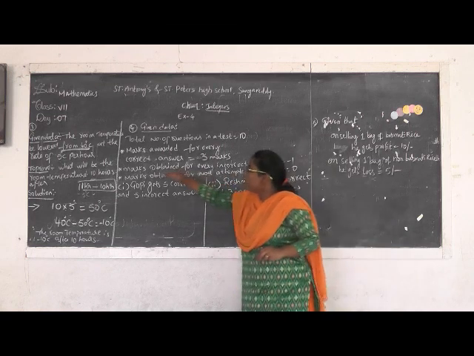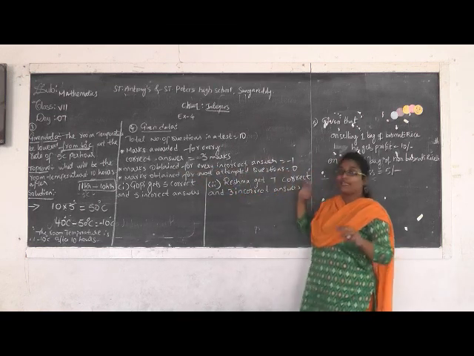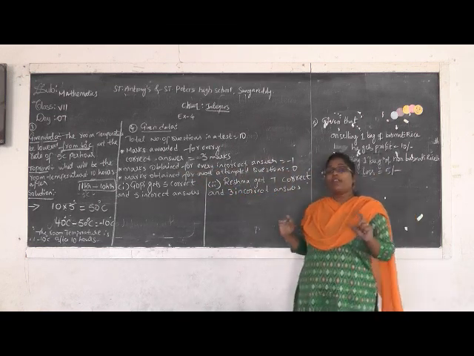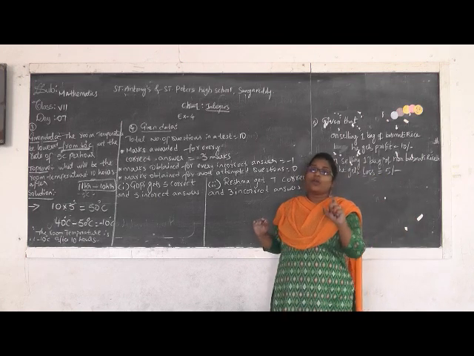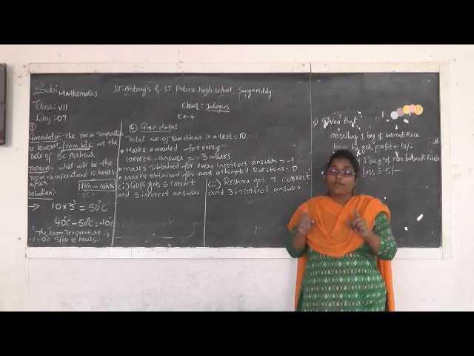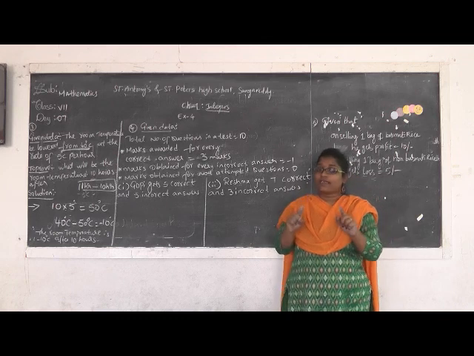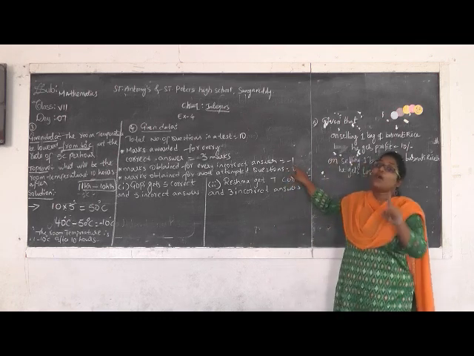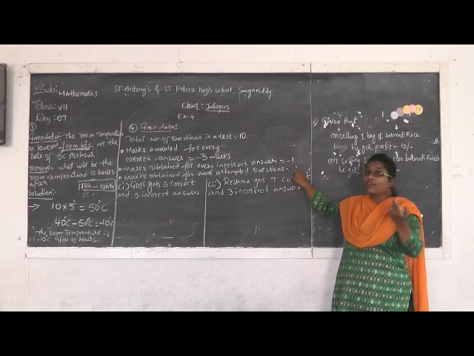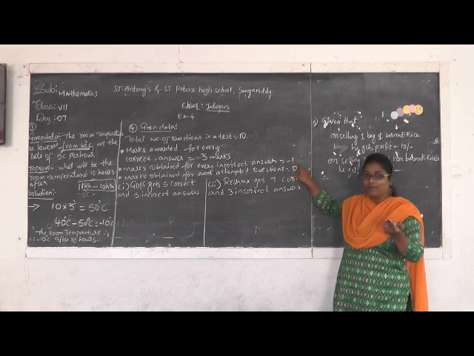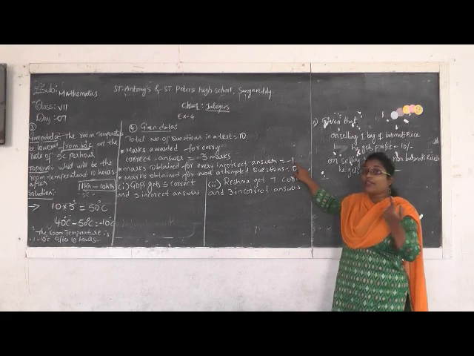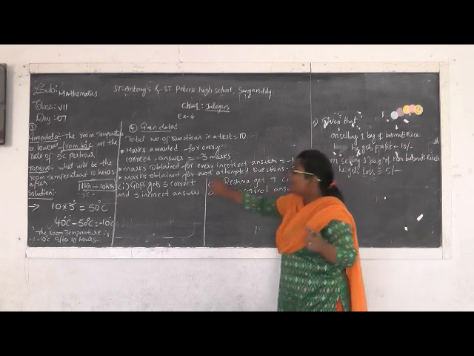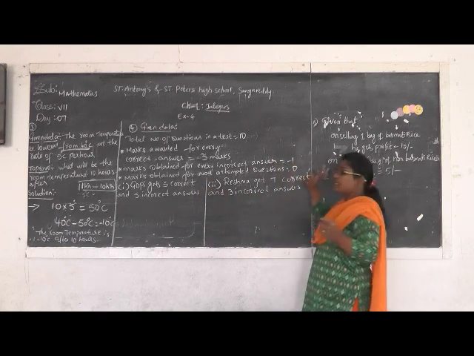Now marks obtained for every incorrect answer. If you write a correct answer, you get 3 marks. In the same way, if you wrote the answer incorrectly, then they are going to reduce 1 mark. Why was I saying the word reduce? Because it is minus 1. Understand? Marks obtained for not attempting questions is equal to 0.